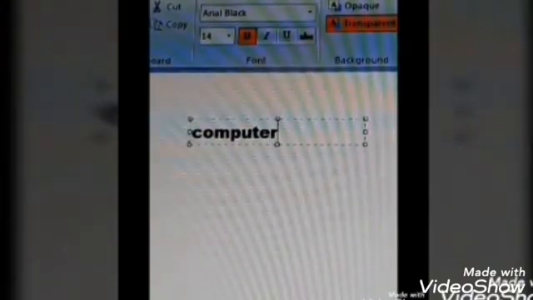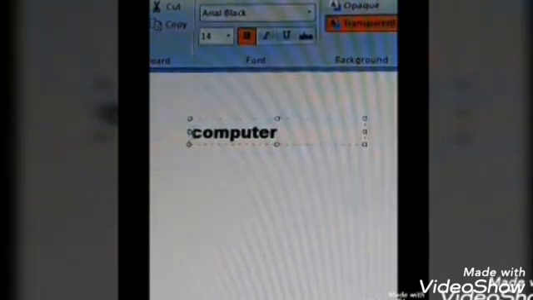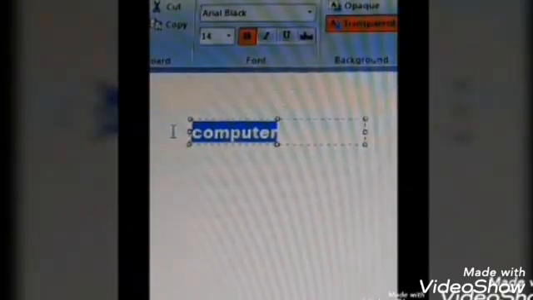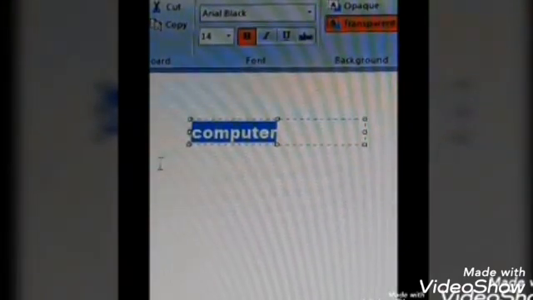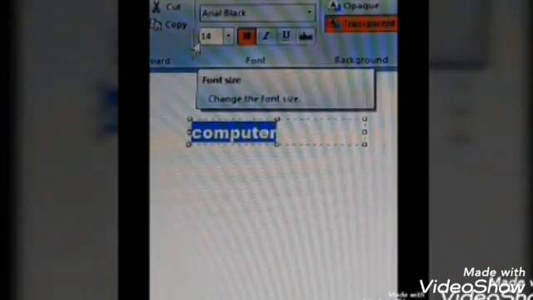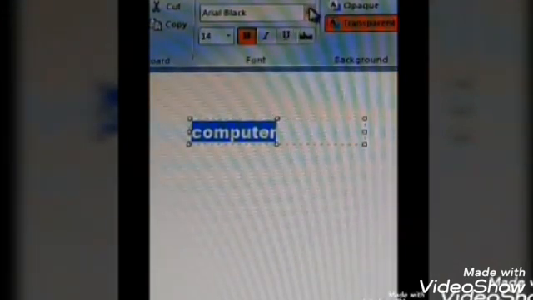Once you type the word, if you want to make any changes, you have to select the word. Now how to select this word? It has already been taught to you in the Notepad chapter. Once you select it, you will see the options are similar to what you had in Notepad. Here you can change the font, the first box. When you click on the small arrow there, you will get a drop-down list. Here you have so many different fonts. You can select any font.